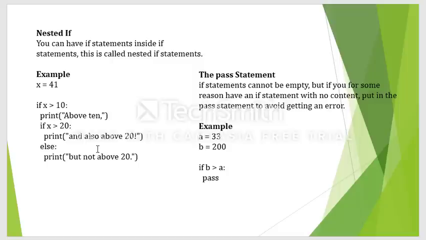Okay, next, on the right hand side you can see something called the pass statement. In functions also we have used this pass statement. What the pass statement means is, whenever you feel that you should not write any body of the function, then you should not leave it empty. You have to write a statement called pass. Similarly here also, if you want to check any condition and don't want to write any body of that condition, that means whether it is true or false, what should happen, you are not willing to mention that, then you cannot leave it empty. You can write a statement called pass.